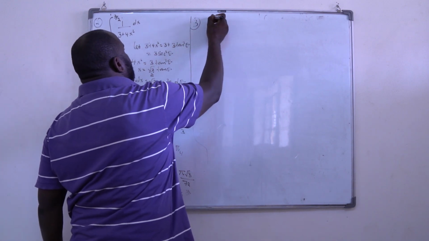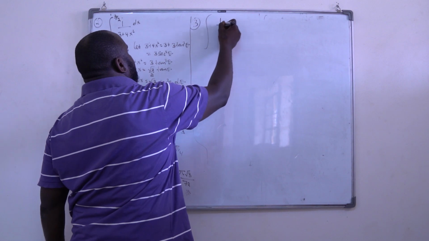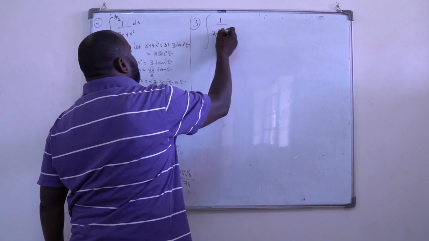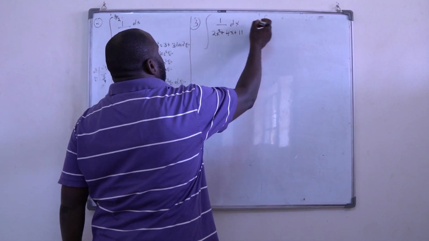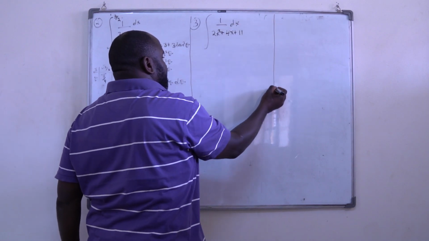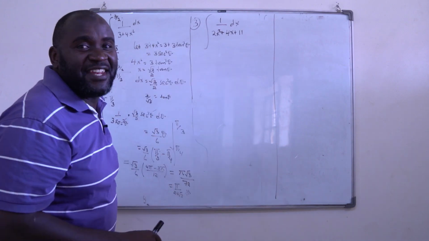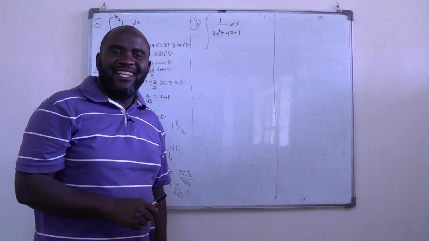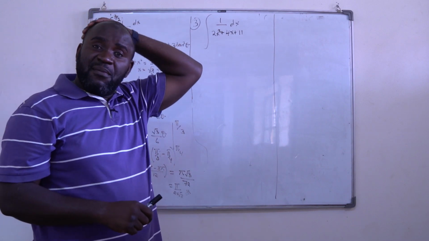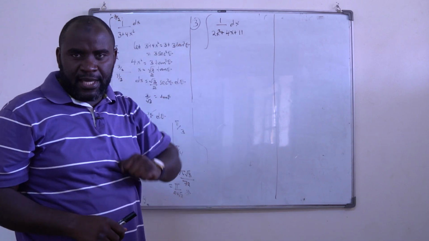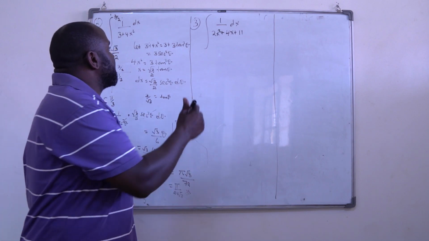Example 3 says integral of 1 over 2x squared plus 4x plus 11. So we have another type of illustration here. Now this one is not obvious like the previous ones. It also calls for the method of completing squares. And in this case, you let